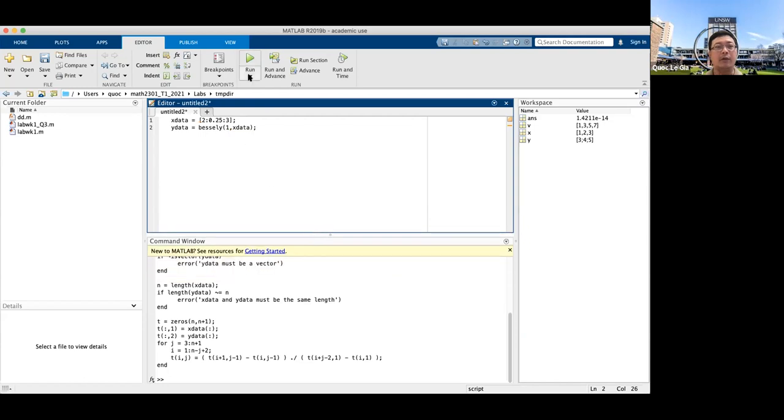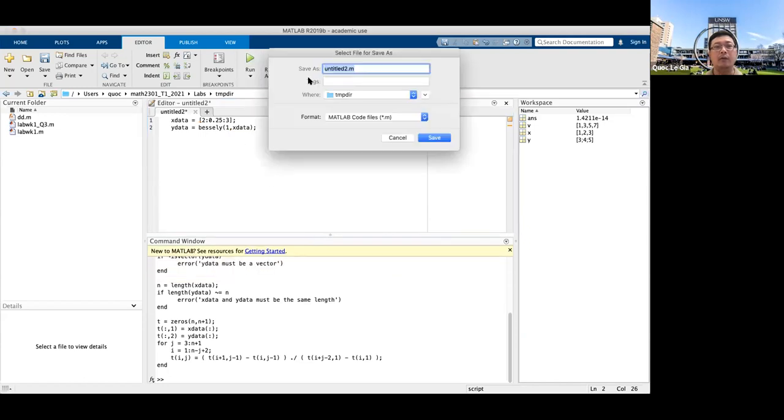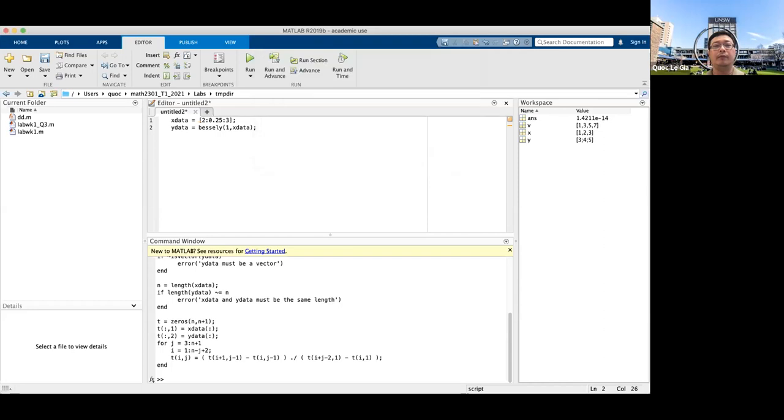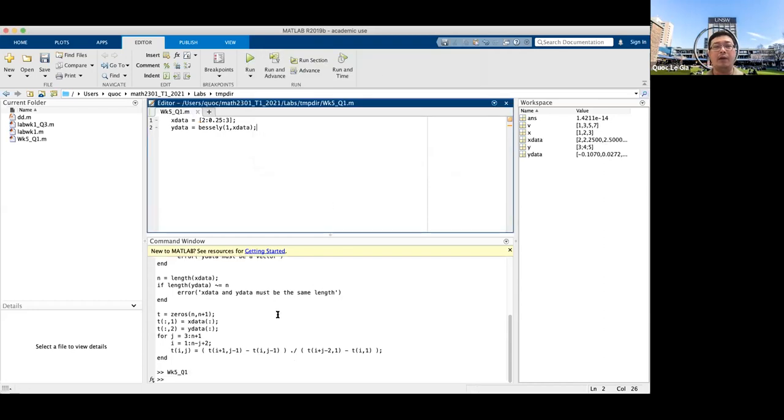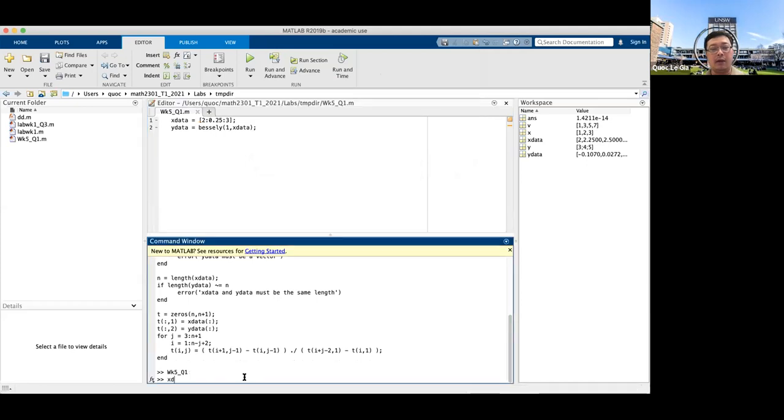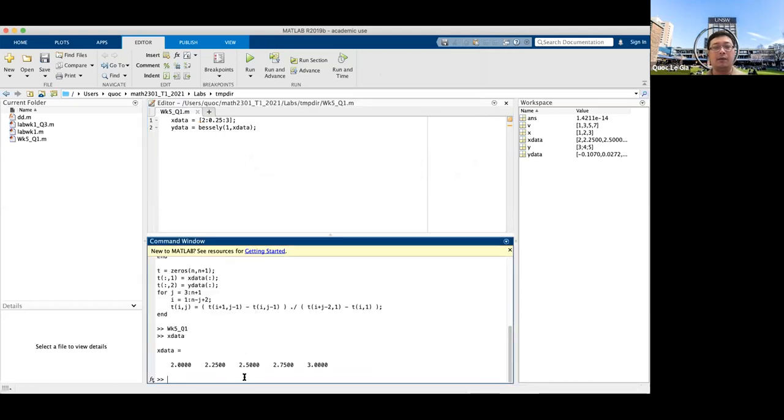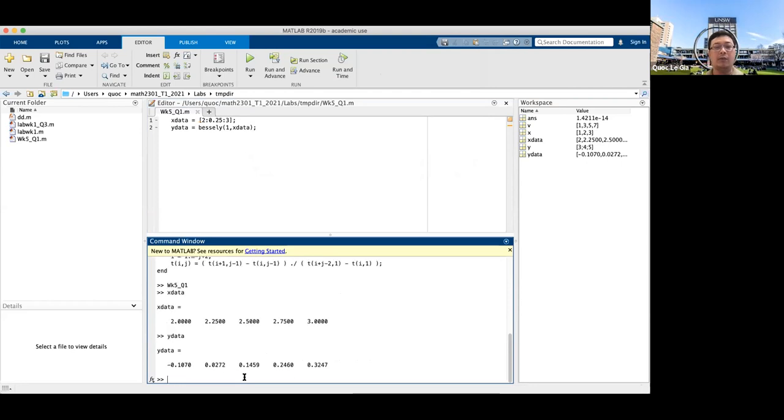I can run this, but I have to give it a name. So I give it a name, say week 5 question 1. And if I run it, you can see that x data is 2, 2.25, 2.5, 2.75 to 3. And the y data, so this one is the